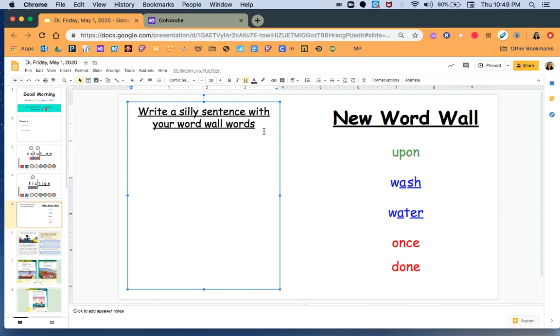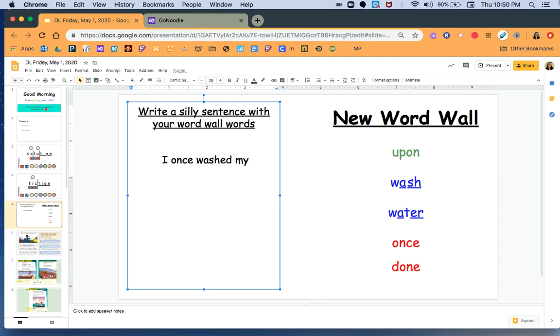So I'm going to give you guys one and see how many I can use. Let's see. Wash and water. Well, that's easy because you need water to wash something. So I'm going to use I once, oop, look at it, I got my red word, once washed. Now, I use the word wash, but I put an ED. That still counts, guys, because I use the root of the word, and then I just put a past tense on there. I once washed